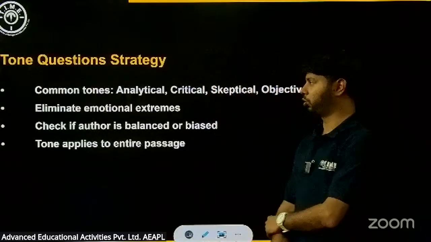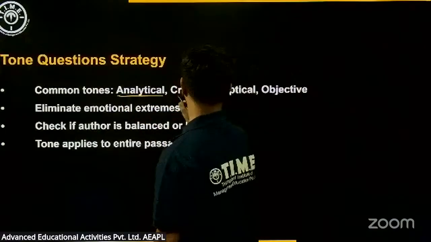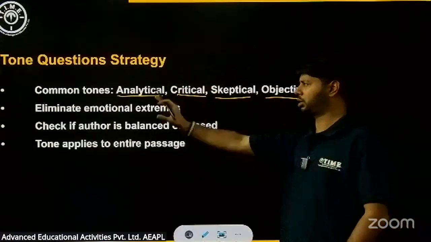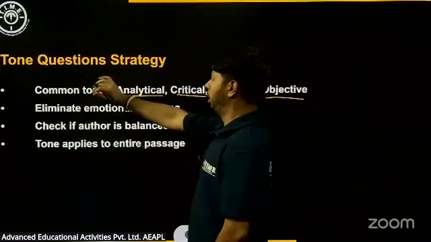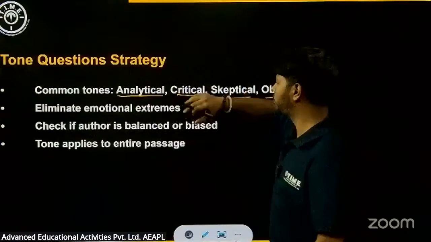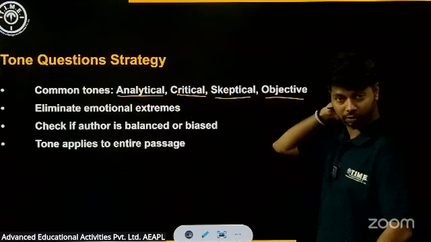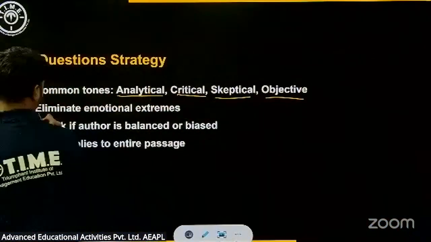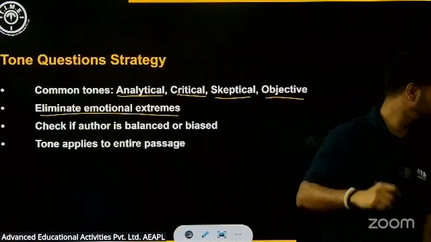Tone questions. How do I check tone? Common tones are, you can, is he being analytical? You can be critical, skeptical, objective, right? So you need to understand the meanings of these words, and you also need to check which are the words within an RC that suggest analytical, that I can see to see, okay, he's being critical, skeptical, objective, all of these things. Eliminate emotional extremes. In most scenarios,